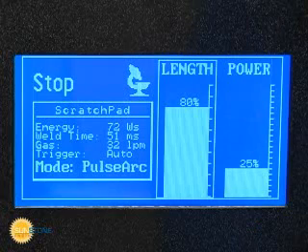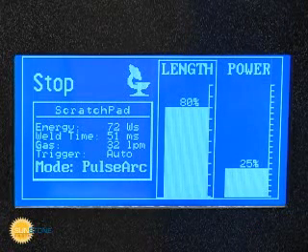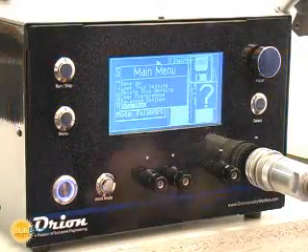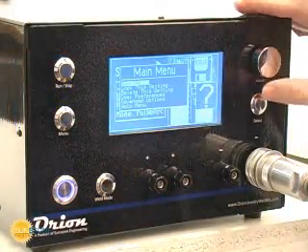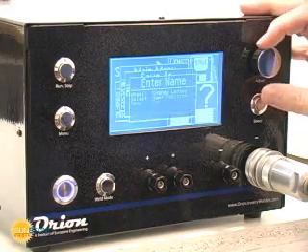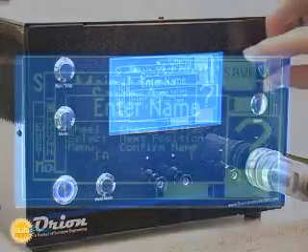I now would perform my weld again to make sure it's just what I need. And at that point I'm ready to save this setting. I go into the menu system, up to Save As. Now I have a new setting. So I will call it,